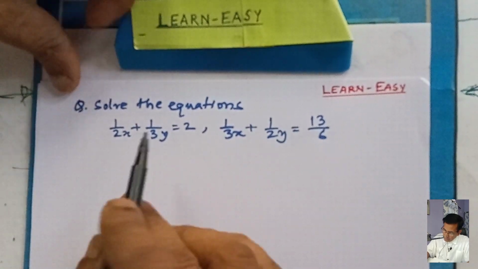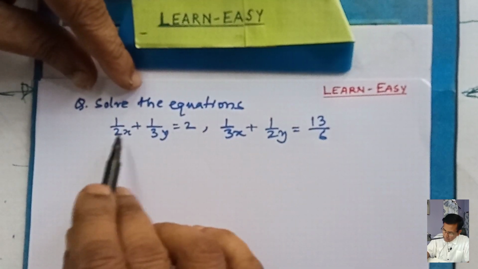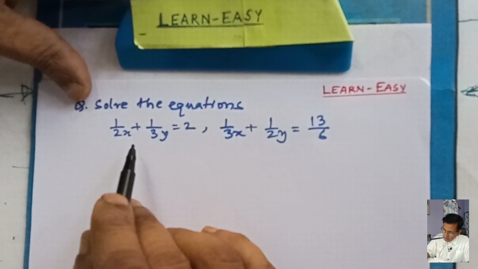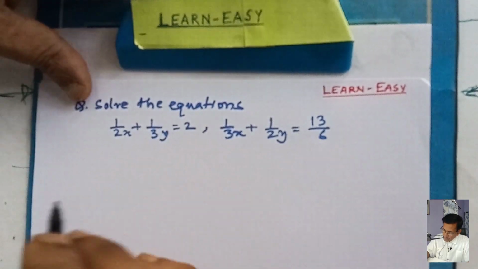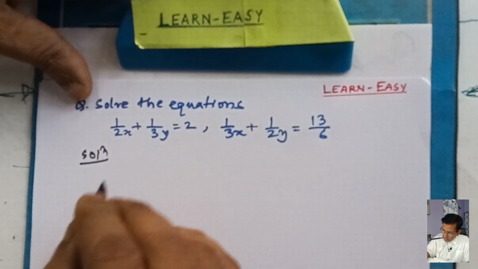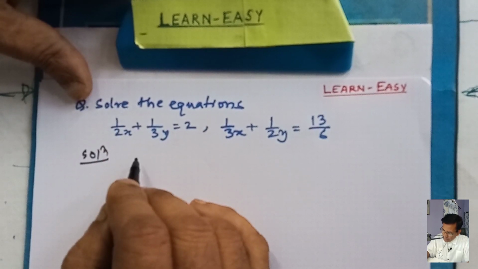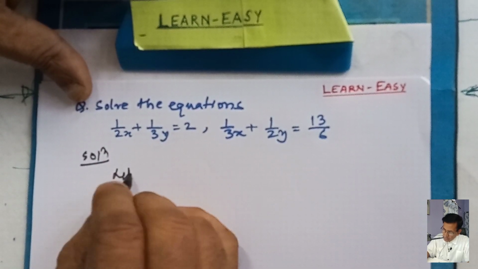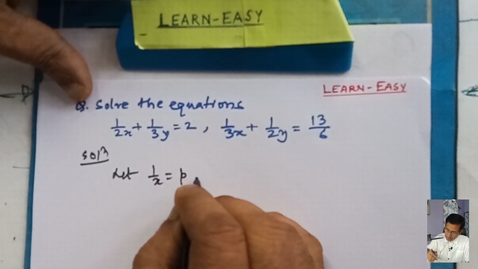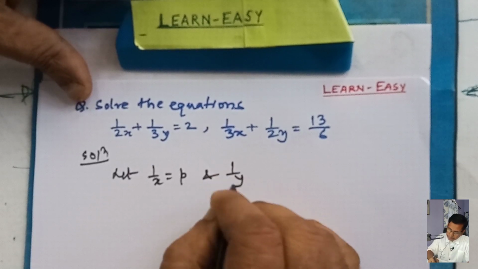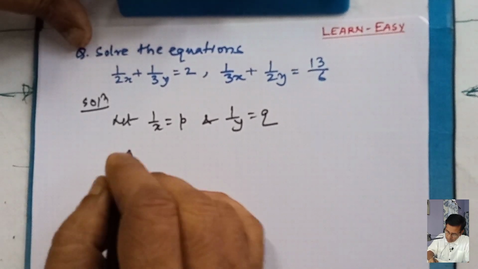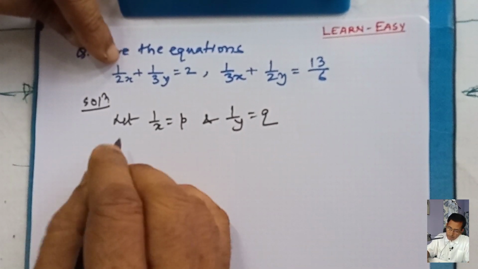Second sum is similar. Similarly, we will assume some value and we will solve the equations. A solution is: let 1 by x is equal to p and 1 by y is equal to q. Then